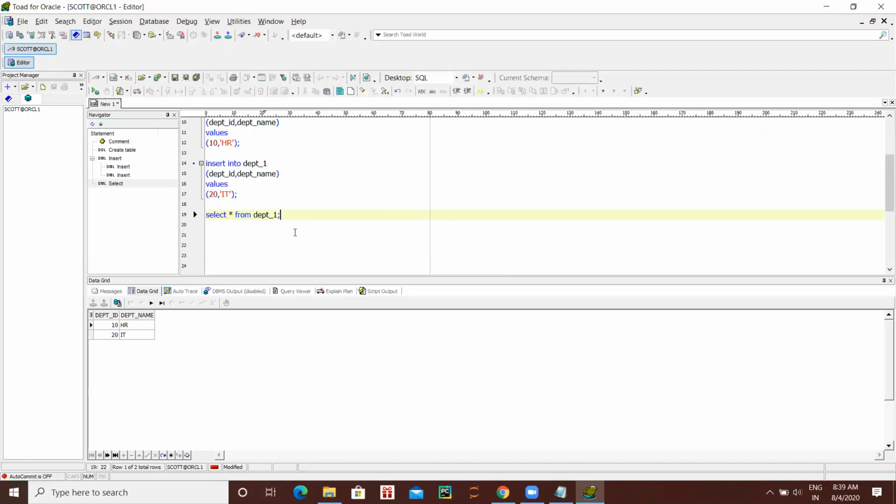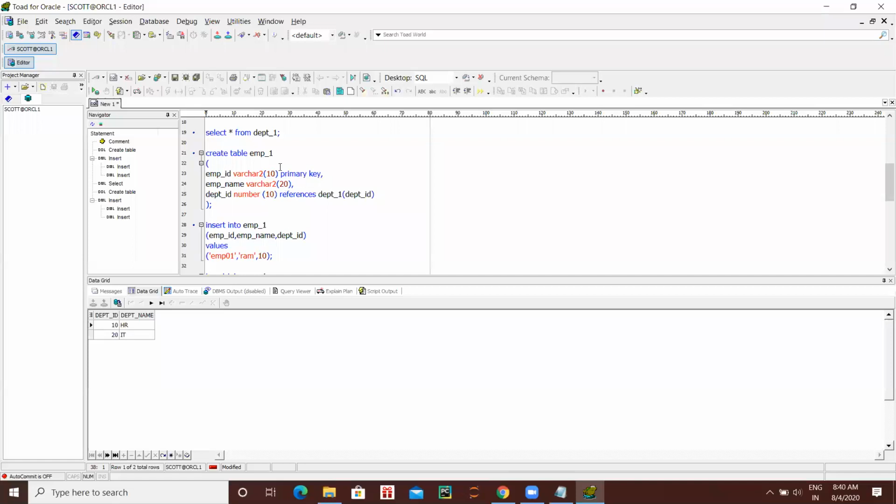Now we'll create the employee table, one more table. Now we are going to create employee one table. Create a table employee one, where employee ID is primary key and department ID is a reference key. This is nothing but your foreign key, department ID.